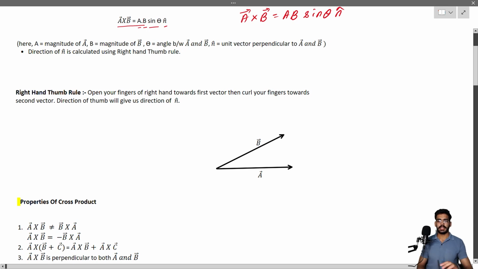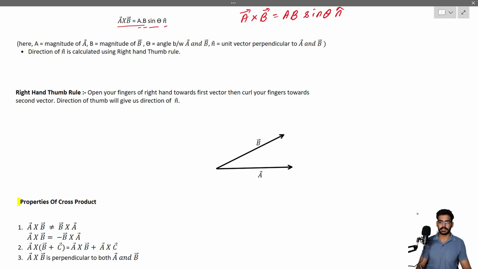Here you have vector A and here you have vector B. So how am I going to find out the direction of n cap? Basically you have to curl your fingers first towards A and then go towards B. Your fingers should go from A, then B, and then your thumb will tell you the direction of the